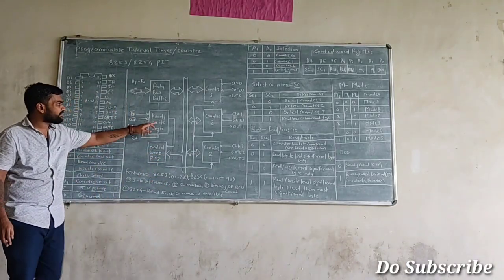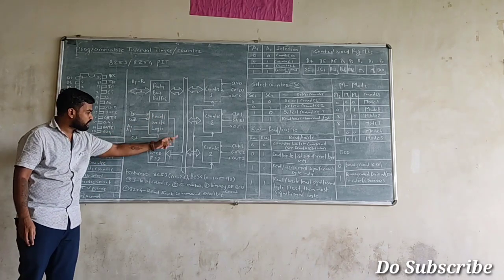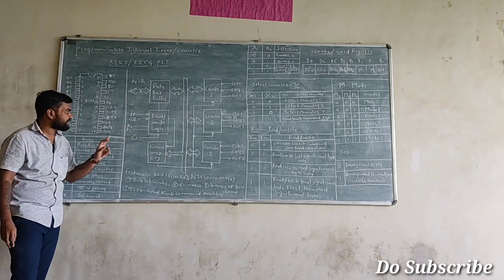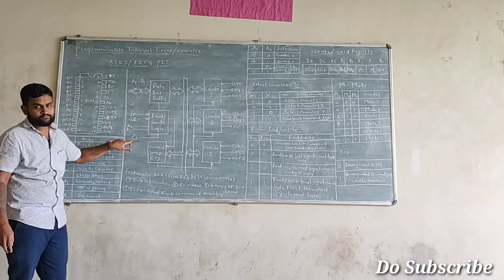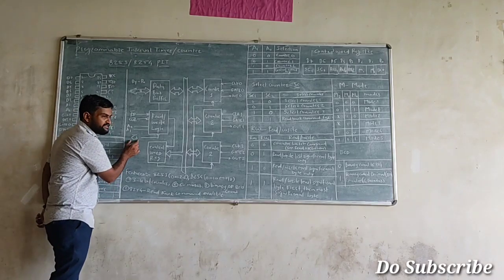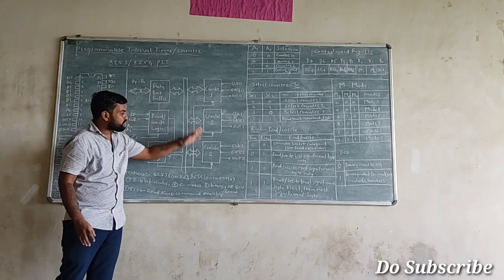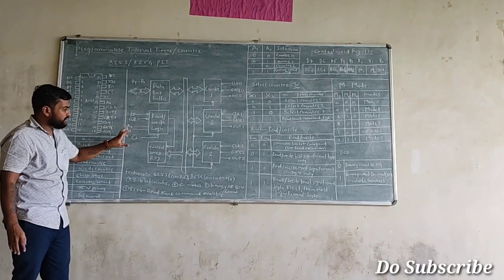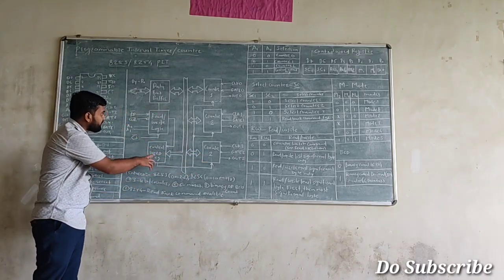Then we have a read-write logic there. So read-write logic is ultimately going to control your control word register by using multiple signals, that is read, write, A0 and A1 with chip select. Whenever you are using a chip select pin, the value of chip select is ultimately going to select the counters here. By using A0 and A1, we can select the exact counter there with the collaboration of control word register.